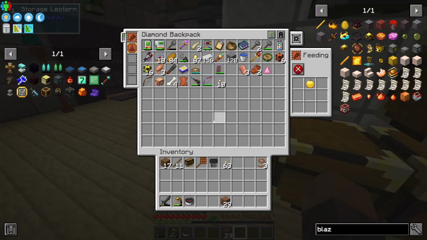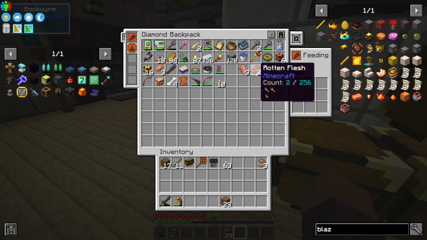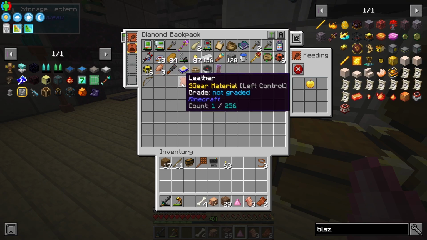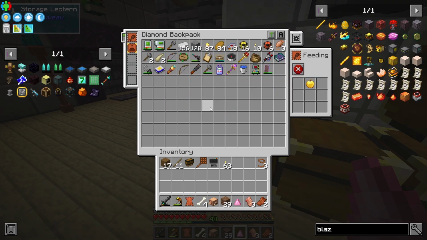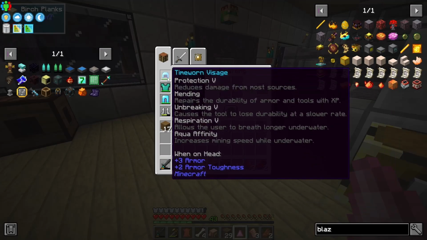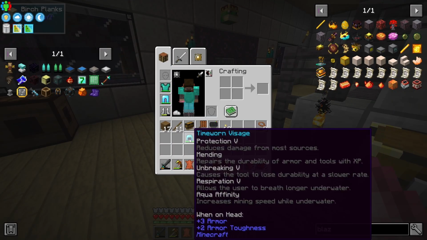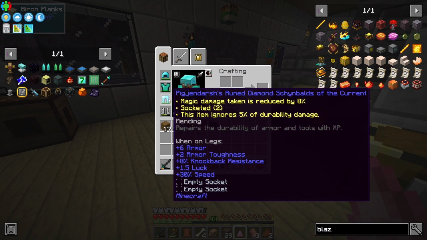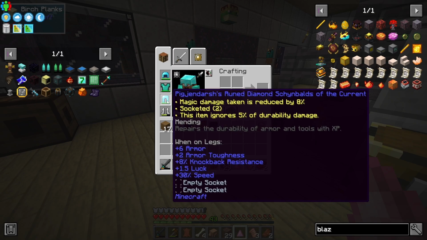And I'll just keep that structure compass in my backpack for future use. Some stuff I got here I don't need. Oh yeah, I got a piglin head. Look at that. Anything else that doesn't need to be in there? I should point out while I'm starting, I bought this helmet from the Wandering Trader. I think that was almost all the emeralds I had at the time. And this one actually dropped off of somebody I fought in another